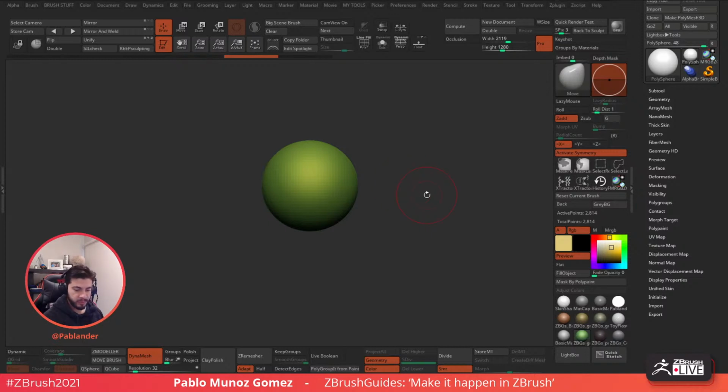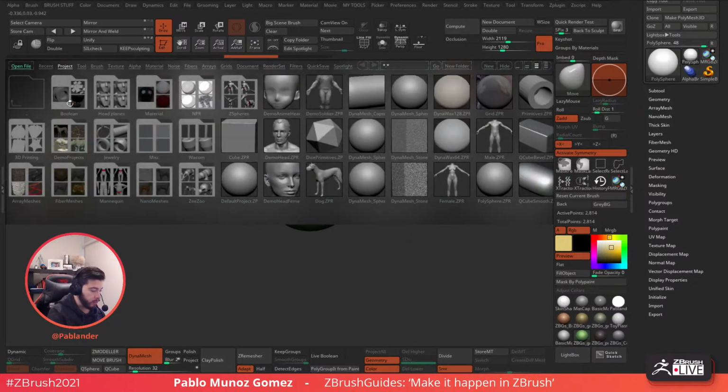But I thought I should show you a simple technique to create your own. It takes just a couple of minutes to build your own blocking base meshes, and then you can create whatever character you want from there. So I'm going to show you how to do that very quickly, because it might be something I can use for, let's say, the torso or the arms of this character that we're going to work on, the Skrull. So I'm going to go to the Lightbox and go to Project,